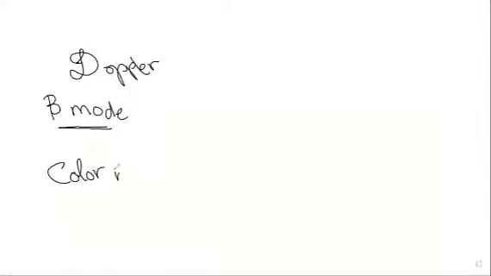In order to do the Doppler examination, we have to deal with three sets of settings. First, the B mode. This is your first preliminary ultrasound picture, and knowing how to set this is very beneficial in all types of ultrasound examinations. And secondly, we had the color mode. And thirdly, we had the pulse wave.